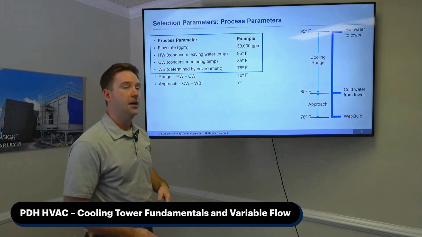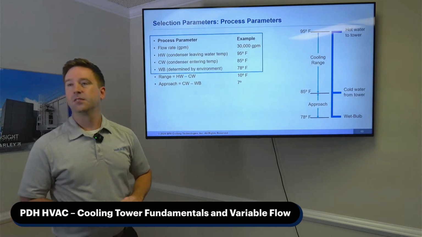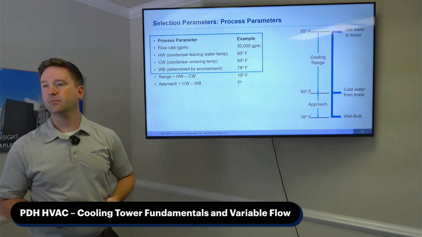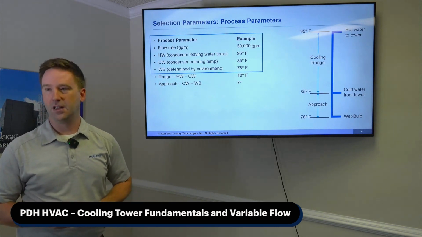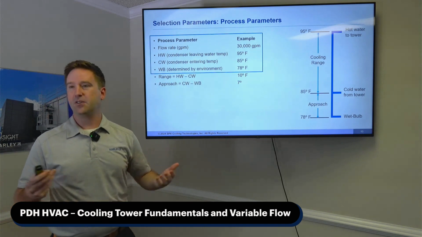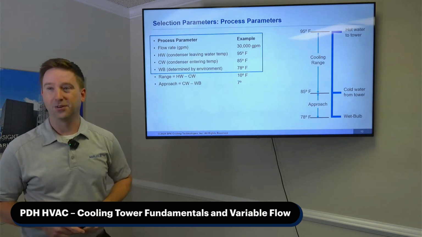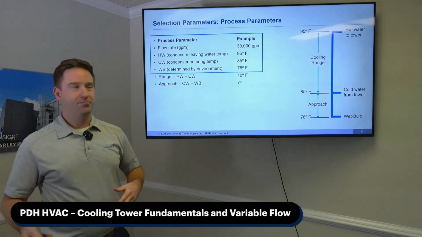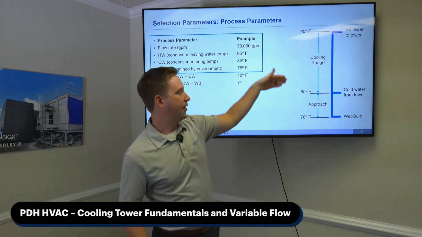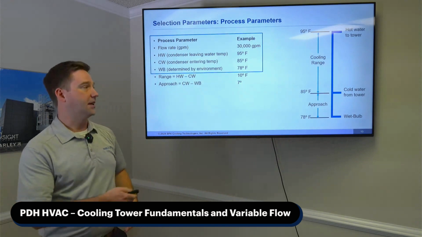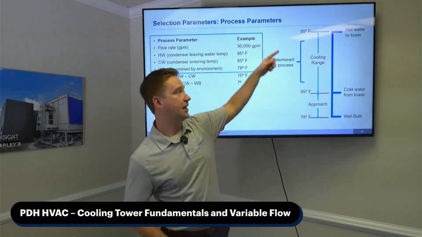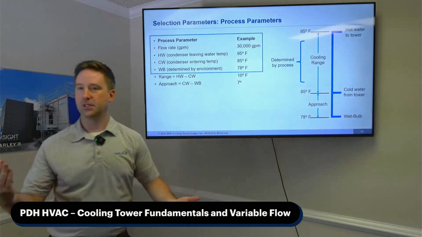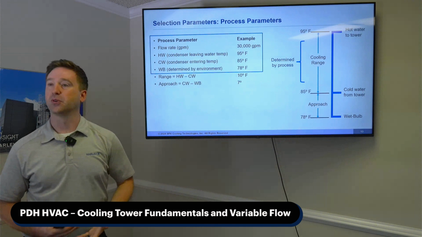Stephen, I have a question. Yes. What's the best range in between hot water and cold water entering the tower? So kind of standard in the HVAC, totally loaded question, by the way. Typically for an HVAC system, you're going to see 95-degree hot water, 85-degree cold water. So it's going to be a 10-degree range. So that difference between your hot and cold water temperature is considered your range.